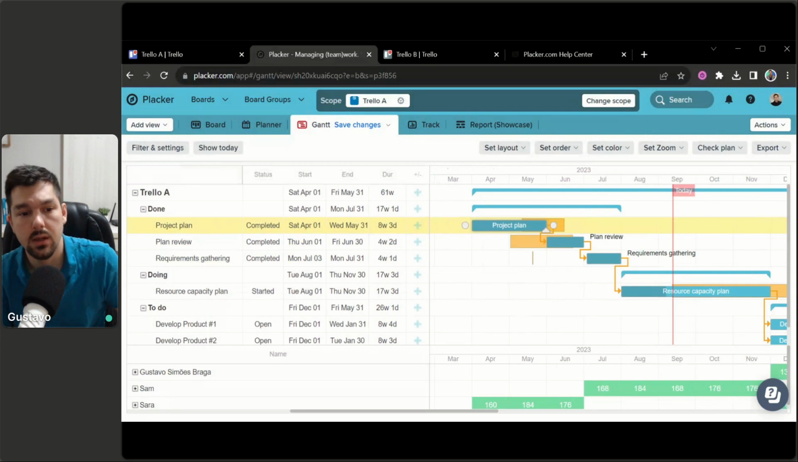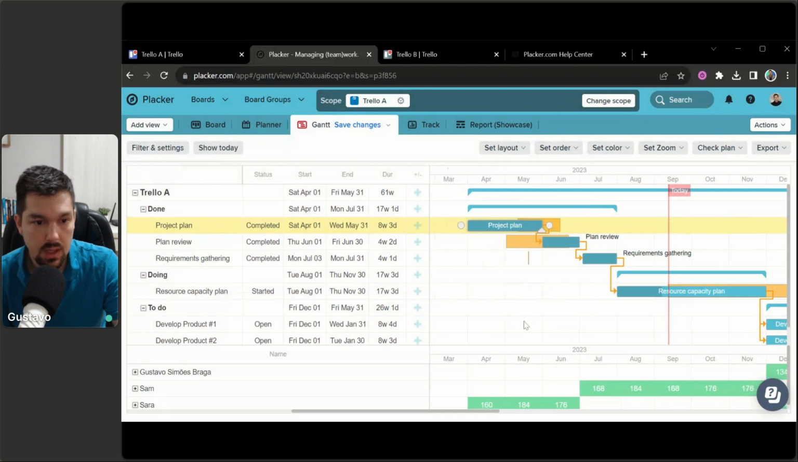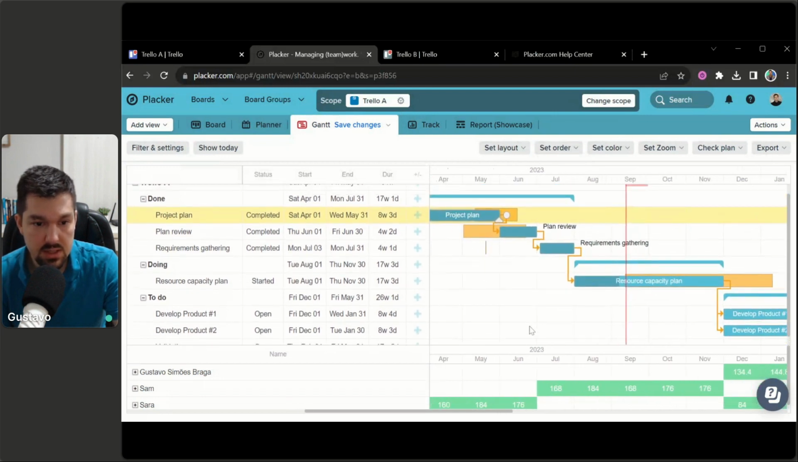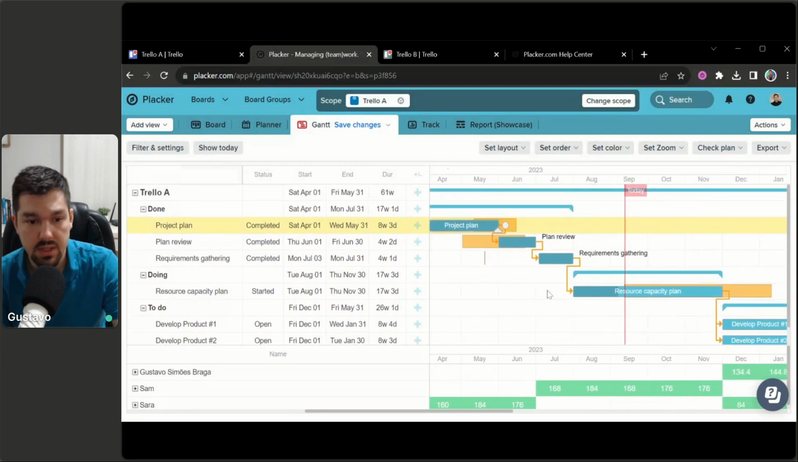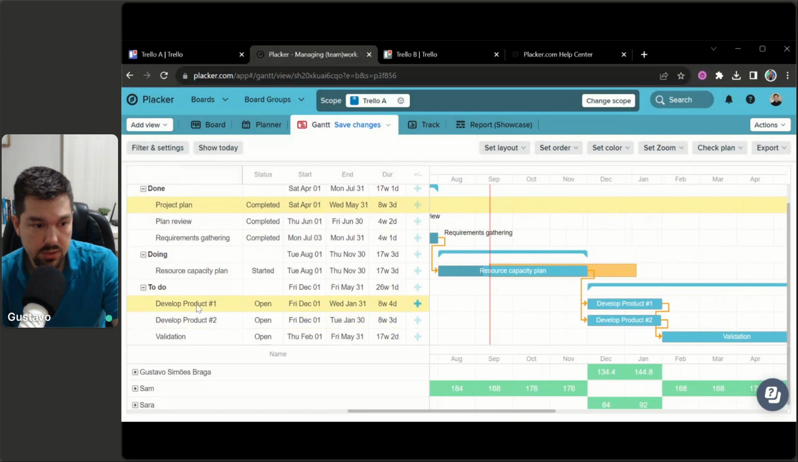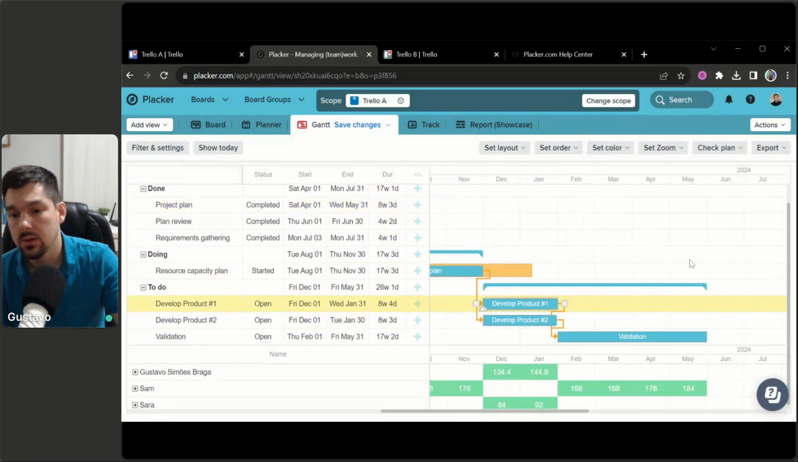This will show you both the blue bar, which is the plan date, and a yellow bar behind, which is the actual dates. Okay, so yeah, this is very interesting, and this is only, by the way, for cards that have completed or started, right? Because, for example, if things are in the future, like develop product one, I don't know exactly when I'm going to finish this, so I can't tell when is the actual date until I actually work on this